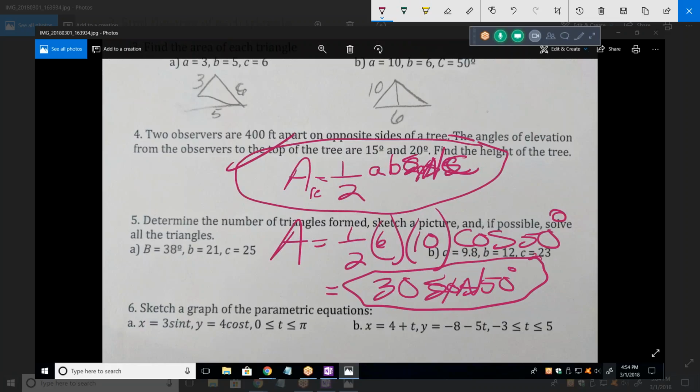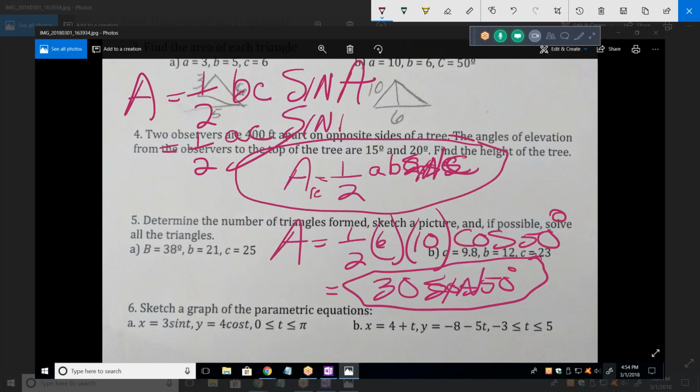Depending on which sides, you can also have the area equals 1/2 of B times C times sine of A. And the third one is 1/2 times A times C times the sine of B. In other words, you get all three letters, and the only angle you have is the one you take the